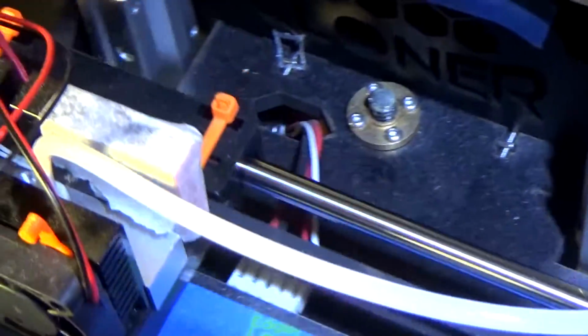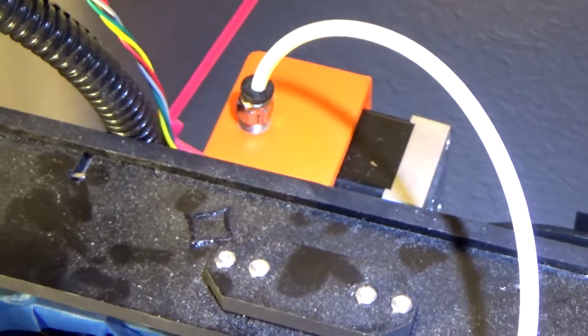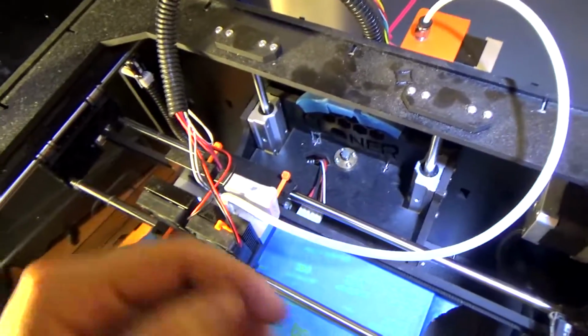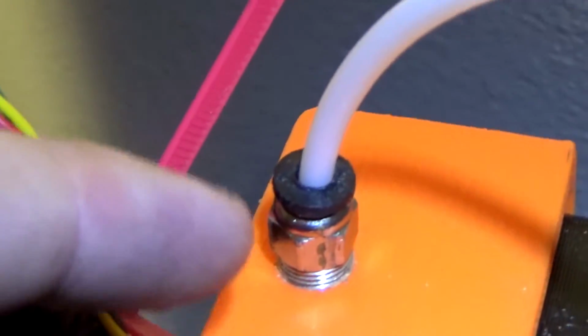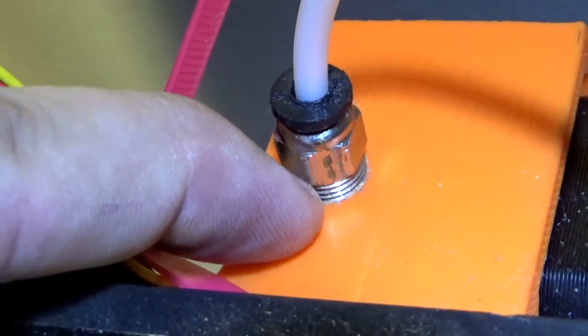I don't know exactly where you guys can get it, but like I said, I got this from an extruder that I got in the mail. Actually got it from Folger Tech. Thank you guys. You guys are awesome. Anyway, so that is that fitting. Actually, I believe it's an M8 or M9 or something like that thread. Whereas the one on the other end,